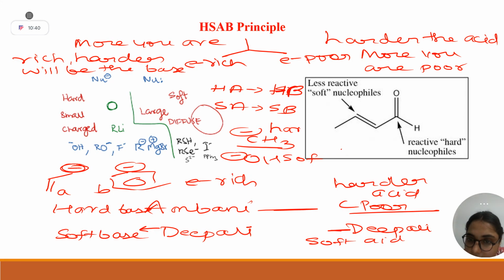Now, why have I told you this whole story? Because now we are going to cover another name reaction of carbonyl compounds, that is the Michael reaction. In Michael reaction, there will be two things: Michael donor and Michael acceptor. Who accepts? Who is electron deficient. So, whenever you get in organic chemistry alpha beta unsaturated compounds,